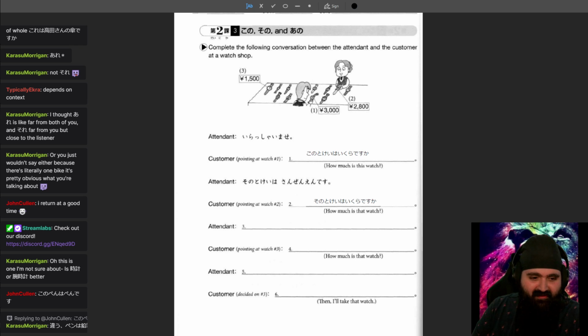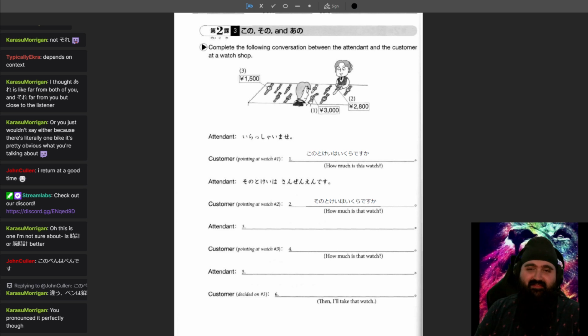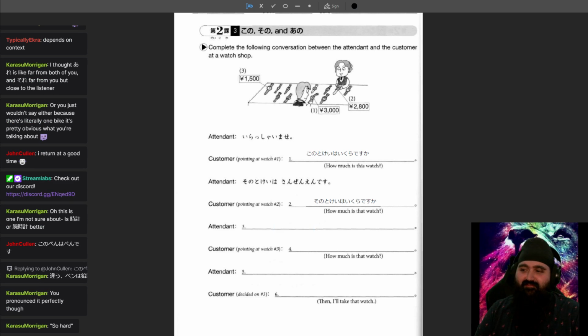Kono pen wa pen desu. Perfect. Kono pen wa pen desu describes exactly how much information I normally get when I speak Japanese and ask for things in Japanese. How much is that watch? That watch is probably 2,800 yen, right? Kono, because it's probably close to them, right? Kono tokei wa